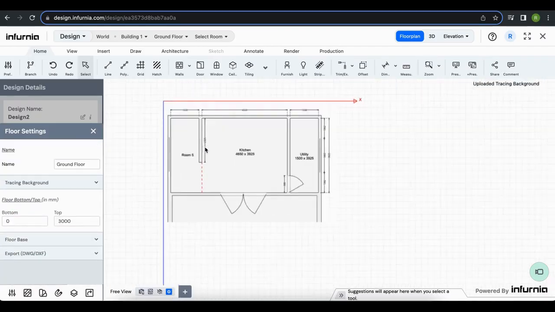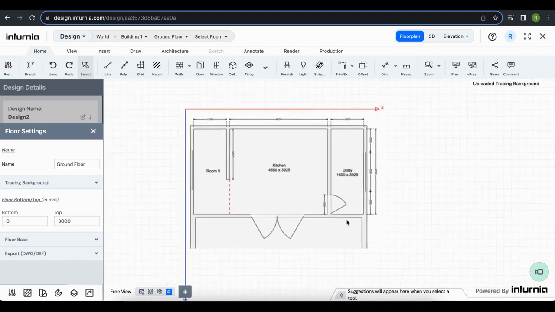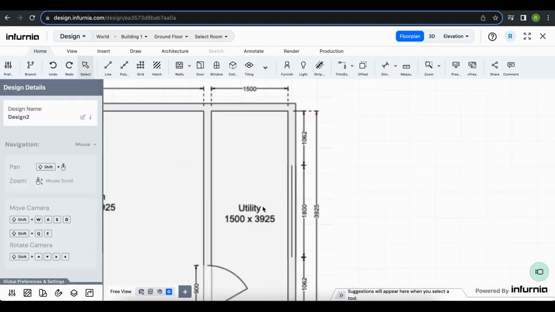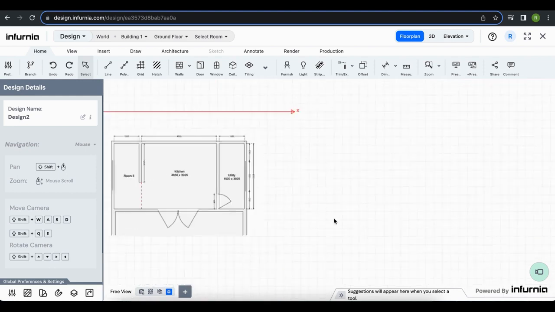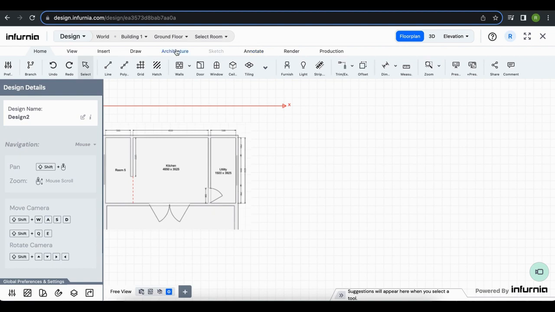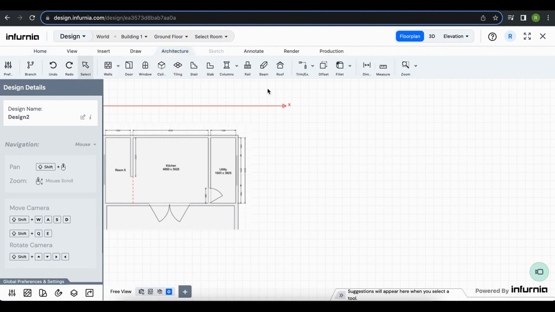So as you can see, this image is now added to my floor plan. The first room that I'll be creating is the utility, which has a dimension of 1500 into 3925 mm. So what I'll do is go into the architecture option here, wherein I have all my drafting